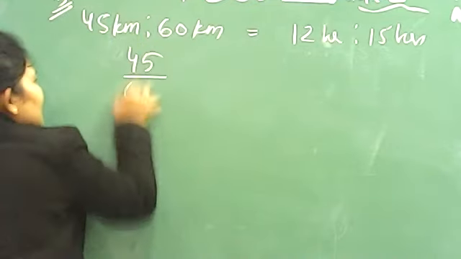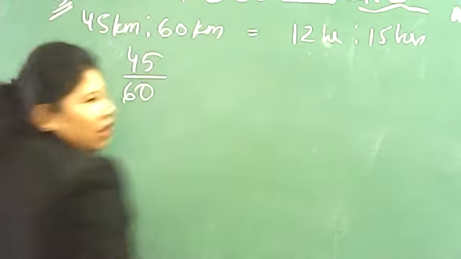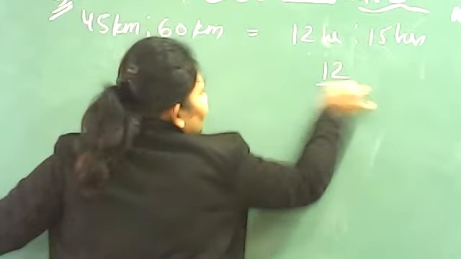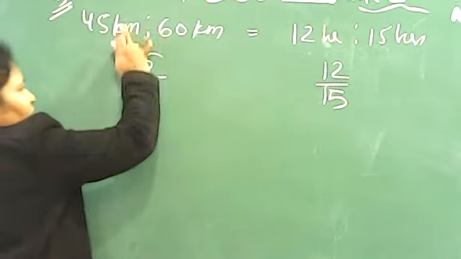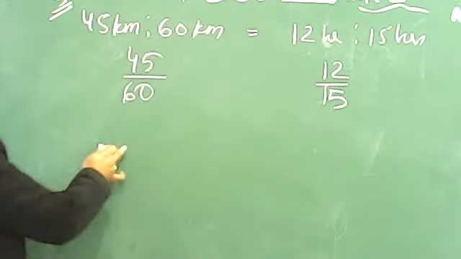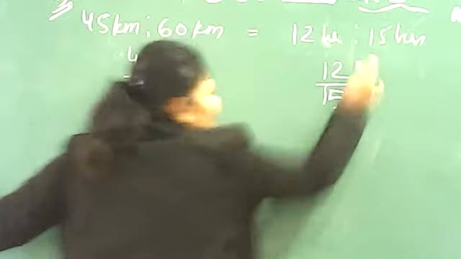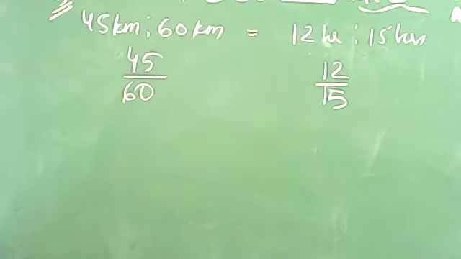45 by 60 and how will you solve this? 12 by 15. There is no need of writing R and R. But अगर एक R में होता and another one in minutes, that time you will convert it. Are you getting what I am telling this? ठीक है, so right now I have taken directly because it was kilometer to kilometer, so I have removed that. It was R to R, that is why I have removed it. I am doing it by first method.